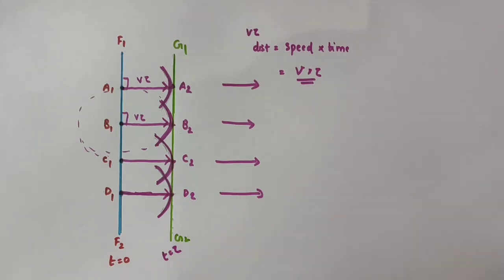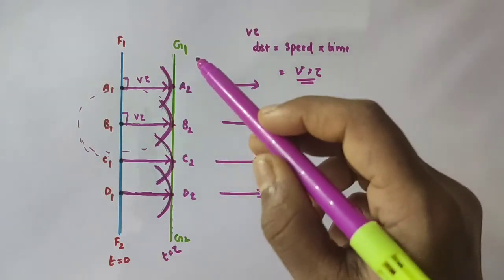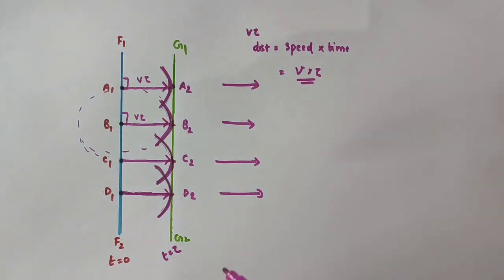So in this video, we have discussed wavefronts, wavelets, and Huygens principle. According to Huygens principle, each point of the wavefront is a source of secondary disturbance, and the wavelets emanating from these points spread out in all directions with the speed of the wave. These wavelets emanating from the wavefront are usually referred to as secondary wavelets. If we draw a common tangent to all these spheres, we obtain a new position of the wavefront at a later time. I hope you understood this. Thank you.